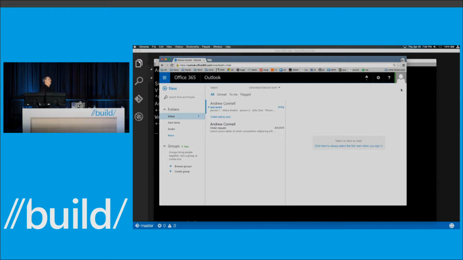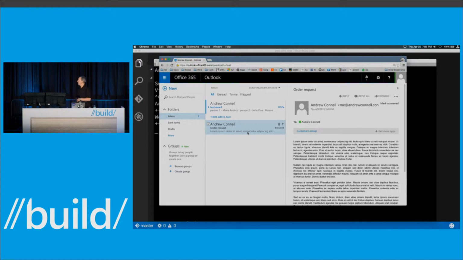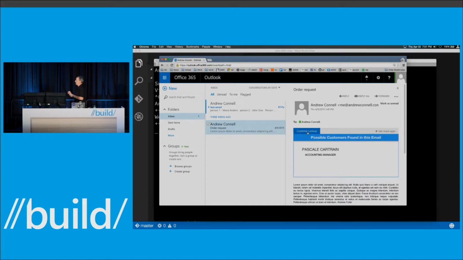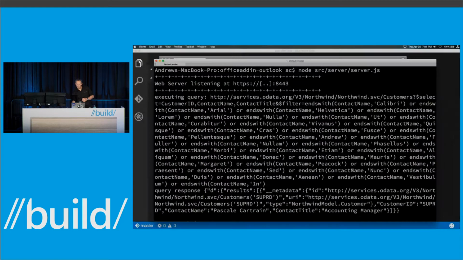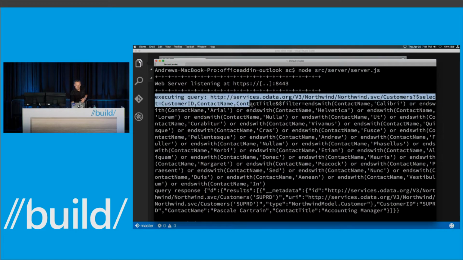That will then call some other web service or look up in my CRM system to see, hey, is this person one of our customers? So for example, if I click on my order request, there's the body of the email, and you saw it took a second, but that little gray box popped up that said customer lookup. So I'm looking through all of this Lorem Ipsum stuff, and it said, you know what, there might be a last name in here. So when I click on this, it's going to take all those words and send them back to that web server that's running on my local machine here, and it found one match. If I look over here in the console or in the terminal, you can see that it says I'm executing a query and it's running off to